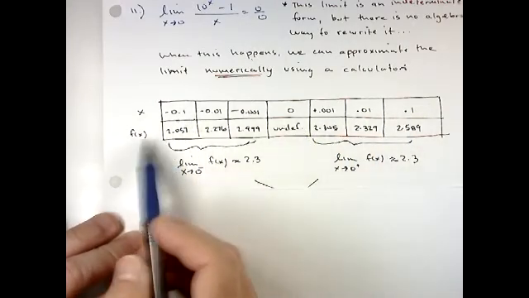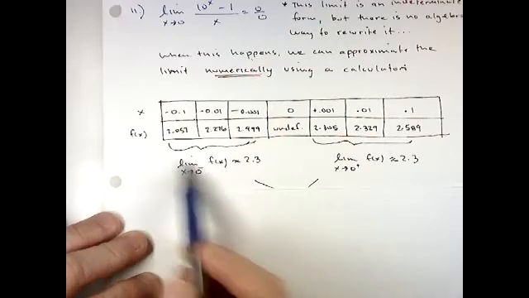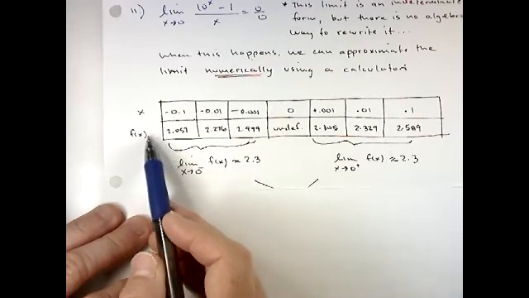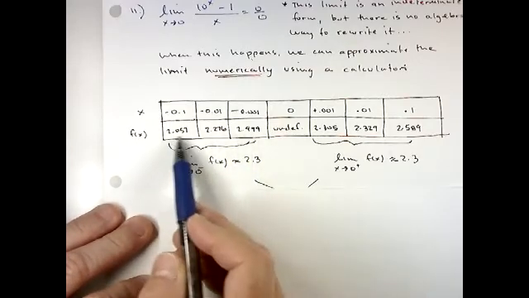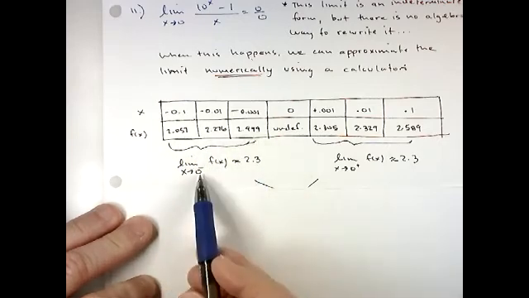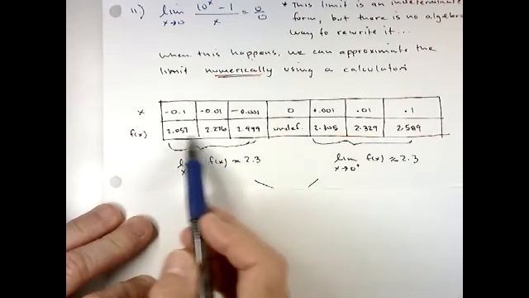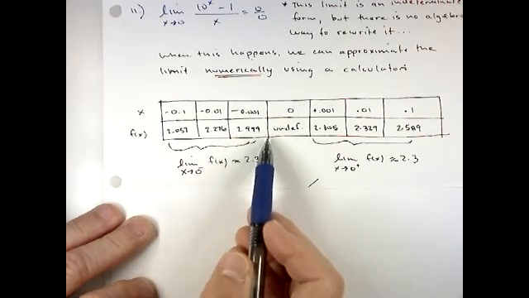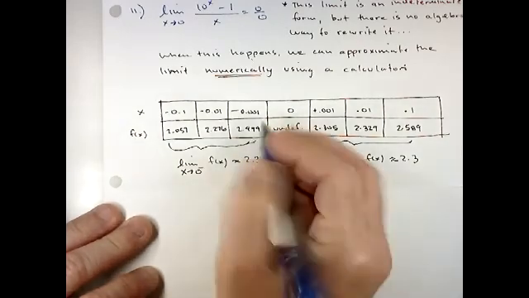And if I evaluate my function, 10 to the x minus 1 over x, at these numbers, what you notice is that as we get close to 0 from the left, my values are getting closer to about